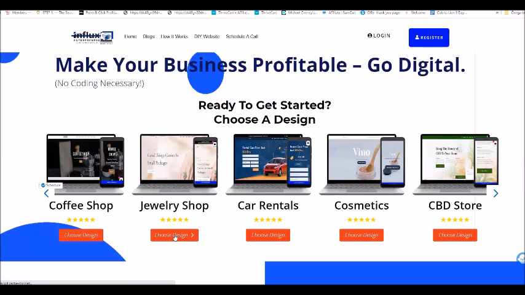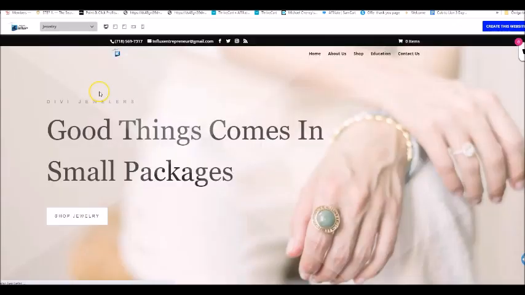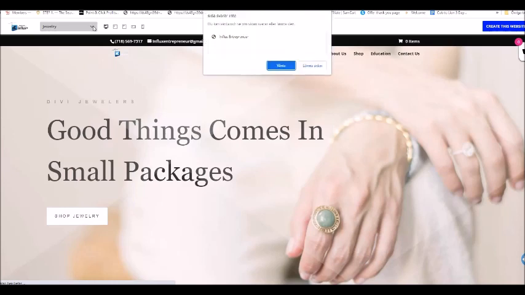If you should change your mind about the design and want to choose another design, then just click on the arrow on top here at the menu to another design for your store. And everything on this page can be changed into however you want it to look. You can add your own images if you don't feel.